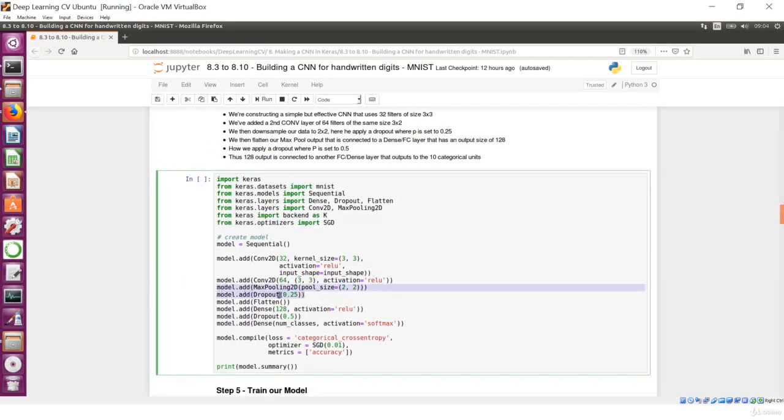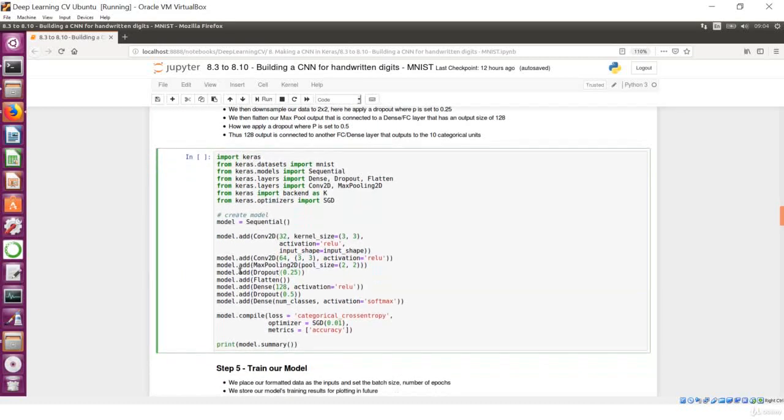We now use dropout, and dropout is simple to implement. You just model add dropout and specify p. We use p as 0.25 here. We then flatten this layer, and have a fully connected dense layer with 128 nodes with ReLU. We add another layer of dropout, and we have a higher dropout here. Note you can play with these values and see what gives you the best. You tend to start with dropout smaller on top and get larger, but you don't ever really go larger than